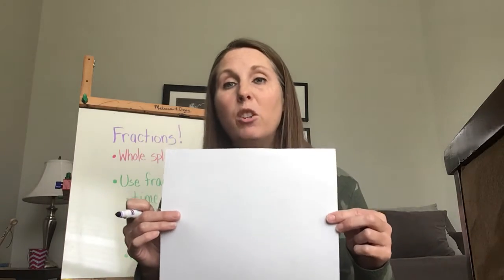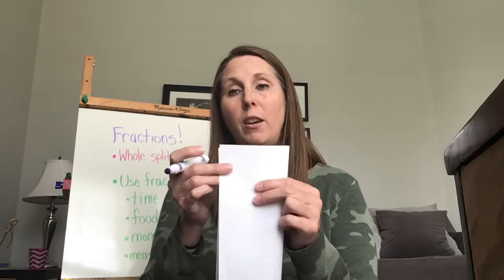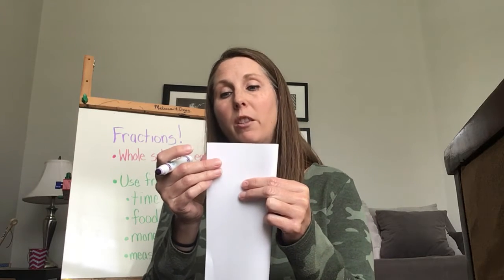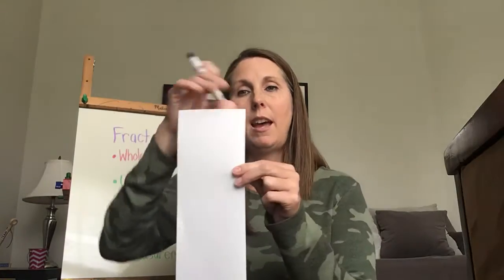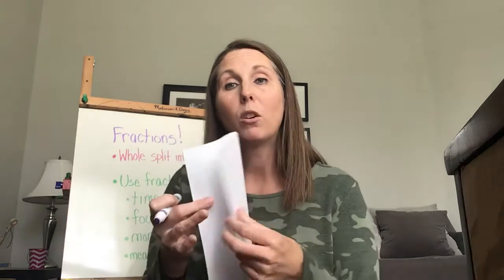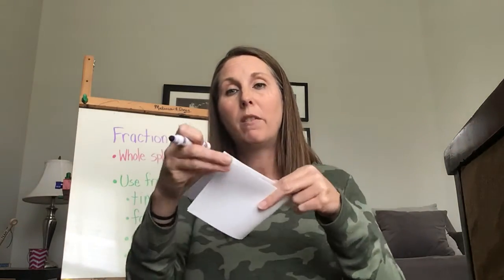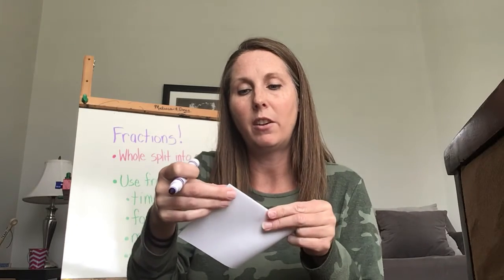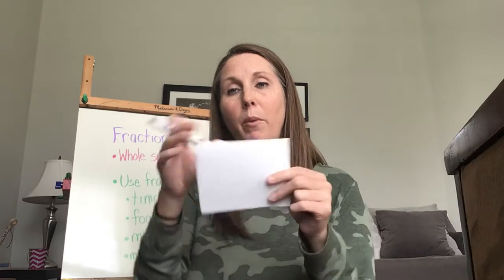So first thing I'm going to do, I'm going to fold it in half just like I did when I was making my half. So I'm going to fold mine this way. You can fold yours the other way first. It doesn't matter. I'm going to fold it down just like that. So look, I have 2 halves. But to make a quarter, I have to fold it in half one more time. So I keep it folded, and then I'm going to fold and touch my edges together at the top. And I'm going to fold this edge now. And when I open it up,